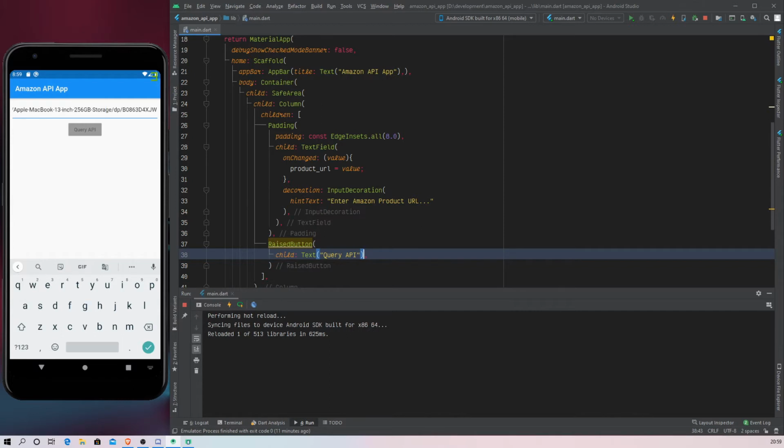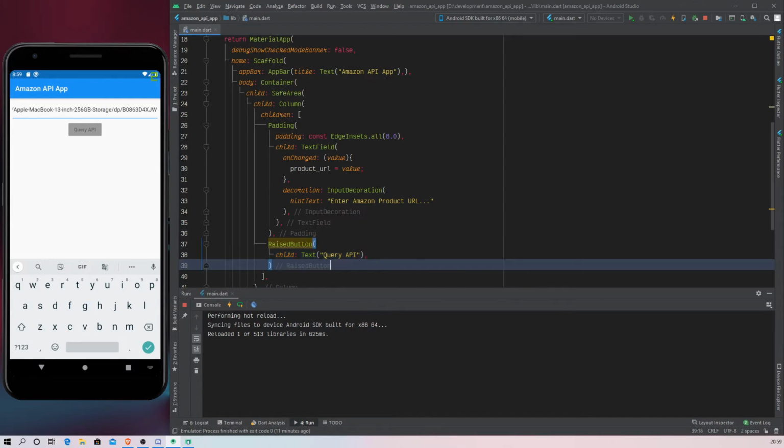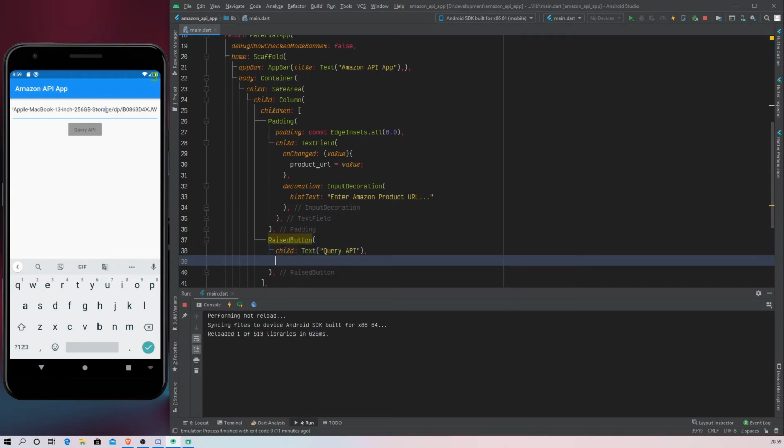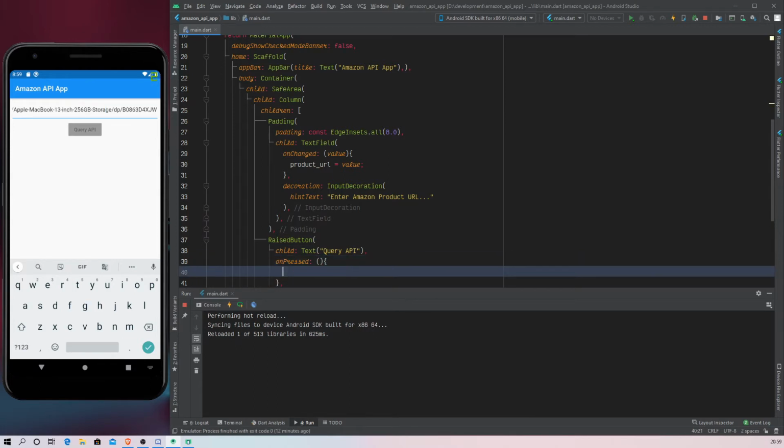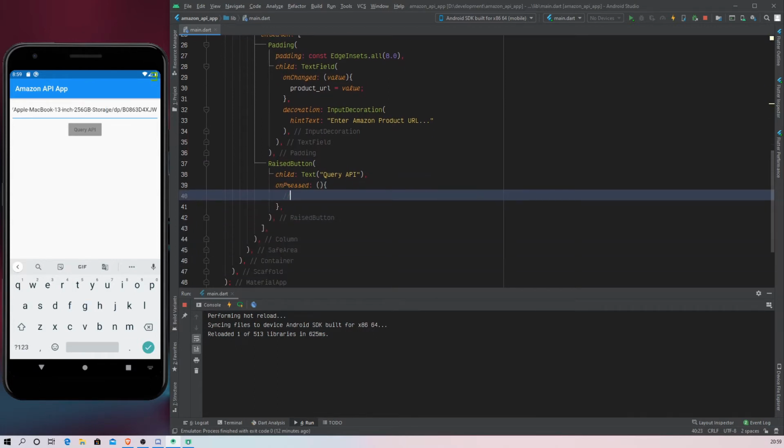It's gray because it does not have any function. That means when we tap it, nothing is going to happen. So now we create an onPressed function, and what we can do here is set it to do get data from Amazon API.